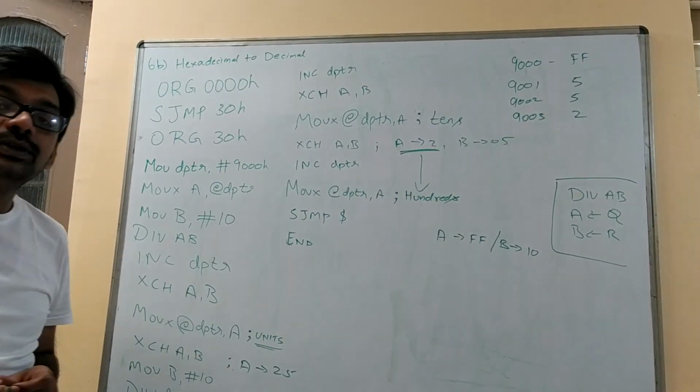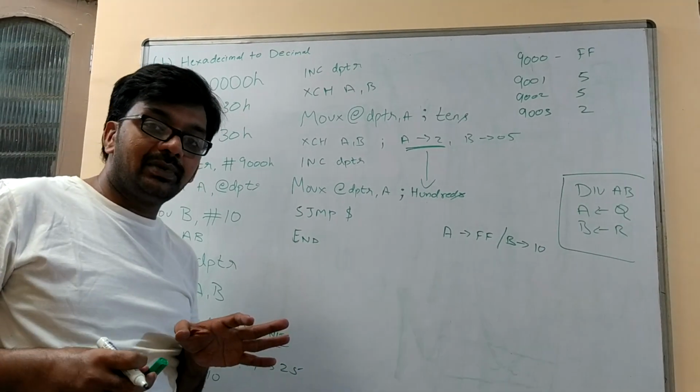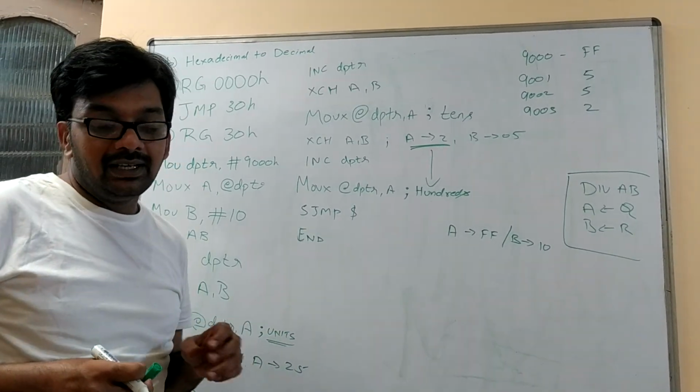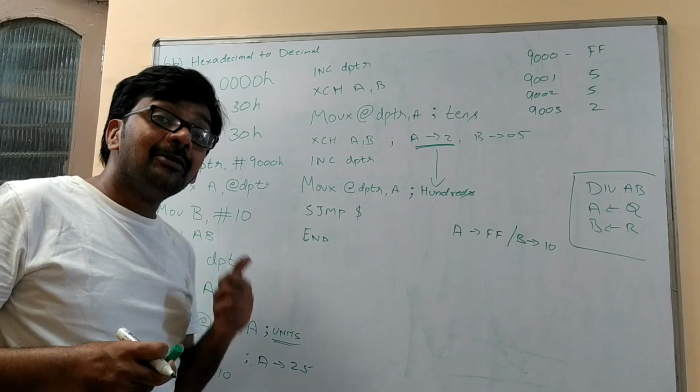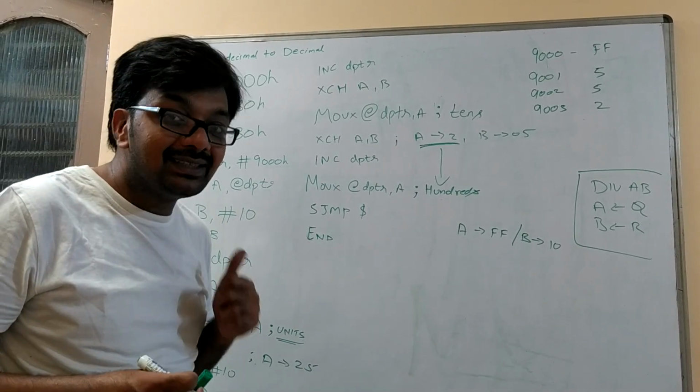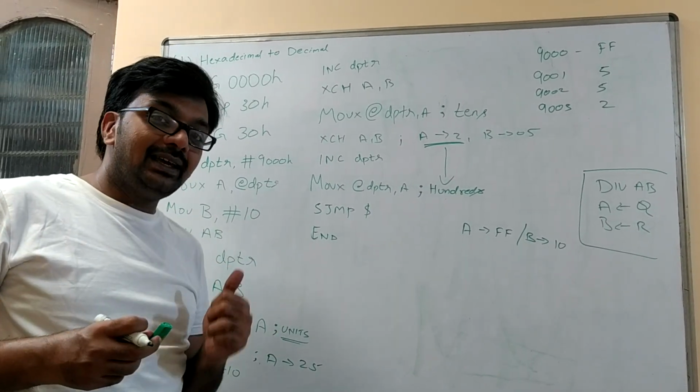So this is how you convert a hexadecimal number into a decimal number. In the previous case, we did it by multiplying with 0A. So 0A hexadecimal value